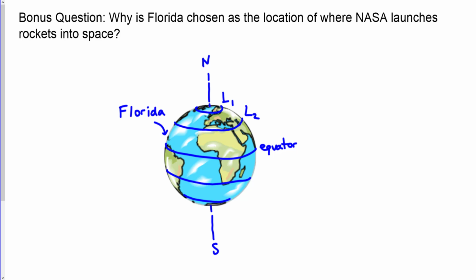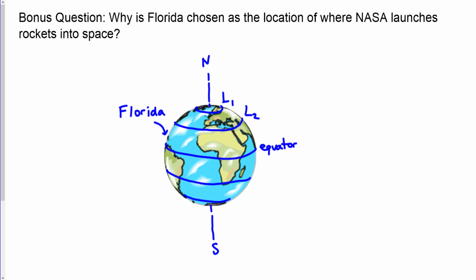So when you are shooting a rocket out into space, you need all the help you can get because you have a lot of weight of the rocket, a lot of weight of fuel. Florida is not at the equator, so it would be less than 1,000 miles per hour, but getting that boost of approximately 1,000 miles per hour just because of the Earth's rotation,